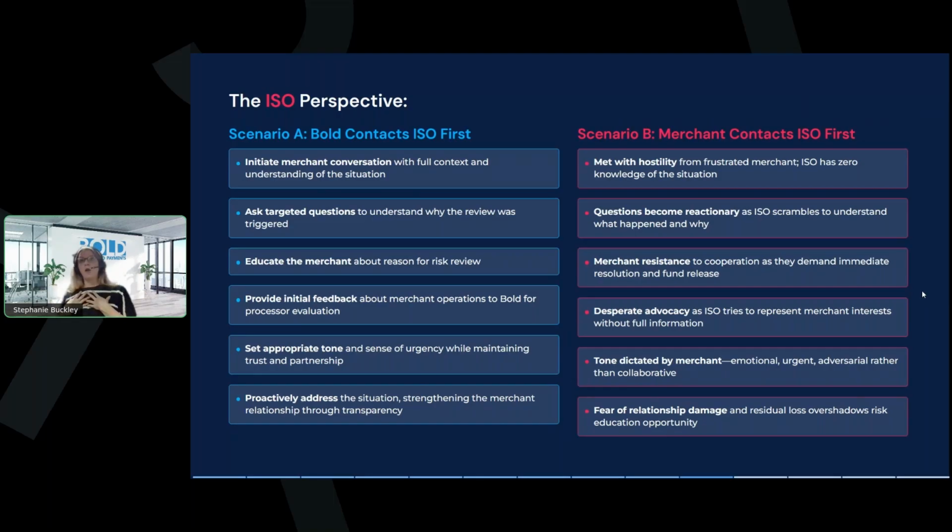And what I pride my team for doing is helping get everybody back to the same tone and make sure that everyone understands that this is not a personal attack. This is obviously a behavioral situation. It's not that you're bad or you did something wrong talking to the merchant. It's that something is wrong and we need to figure out what that is. And maybe there's just a lack of education within your industry to understand that that's an incorrect way of doing things. So ensuring that we are the ones to contact you first helps create a much smoother process.